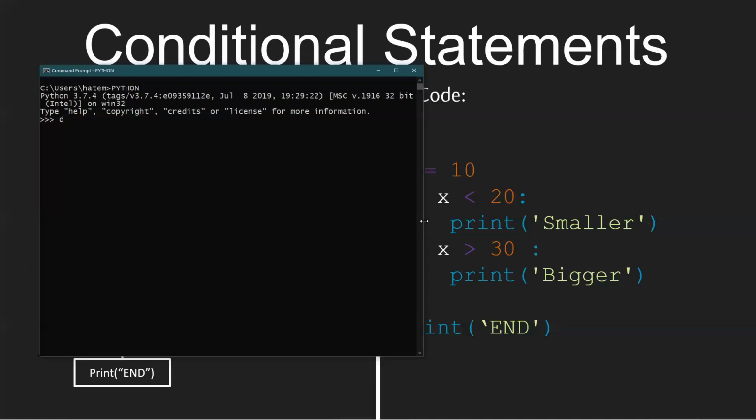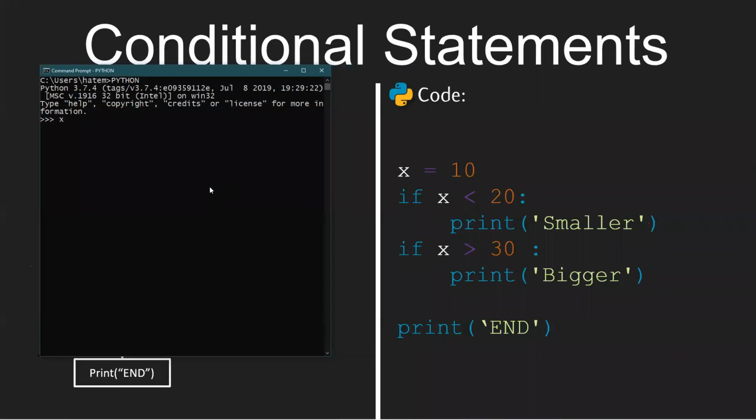So let's try to write this code. If I try x equals 10, then I write if x smaller than 20, and use that option. Now, imagine that I don't know about Python, and I just write print smaller and enter. Directly I get an error. What does the error say? It's an indentation error. This is one kind of error you will face mostly in